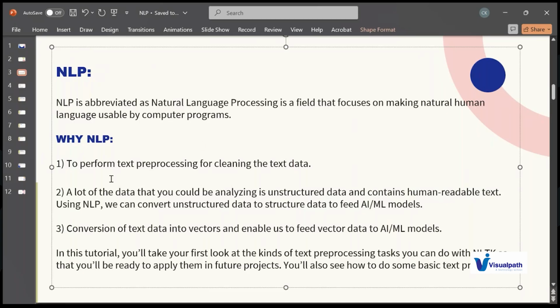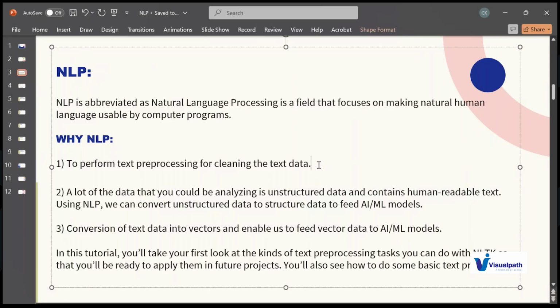Now let's understand the preprocessing steps. Directly, we cannot convert the text data into structured data because the data might have duplicates and so many repetitive words. We have to clean it first. After cleaning the data, we will go to the next step, converting the data from unstructured data to structured data.